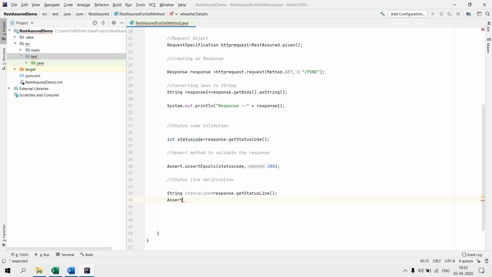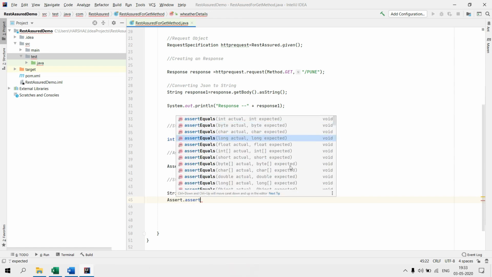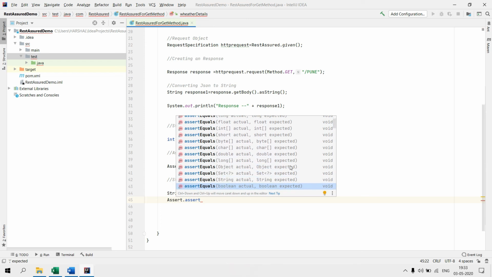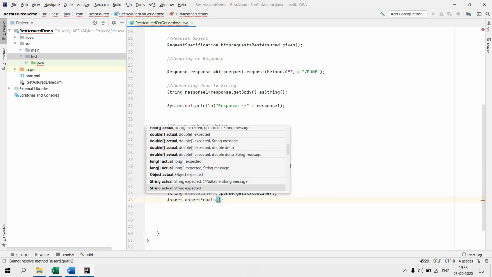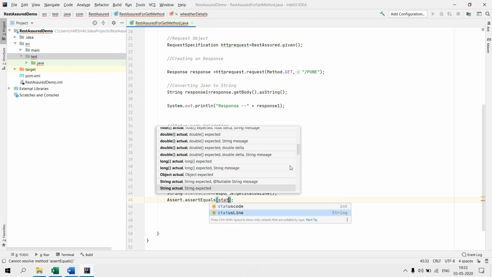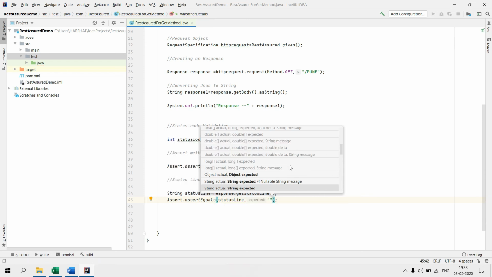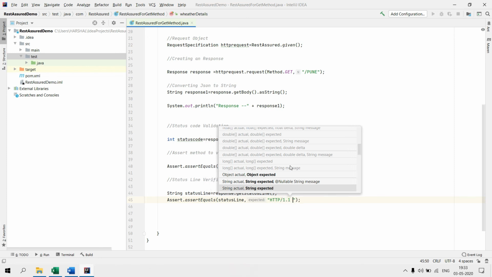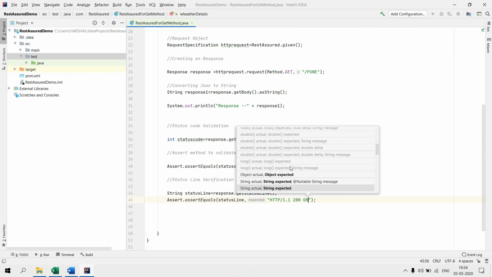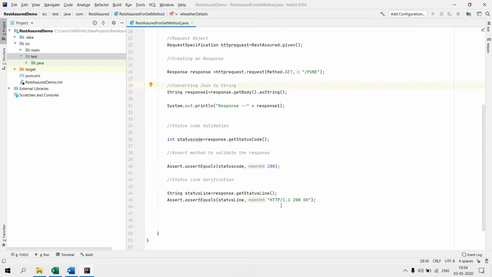Assert dot assertEquals, so here it is a string, right? So I will be using a string, status line, comma, and what will the status code be? It will be HTTP slash 1.1 space 200 space. Okay, so it would be our status code.